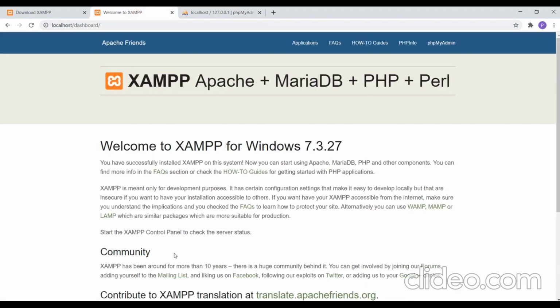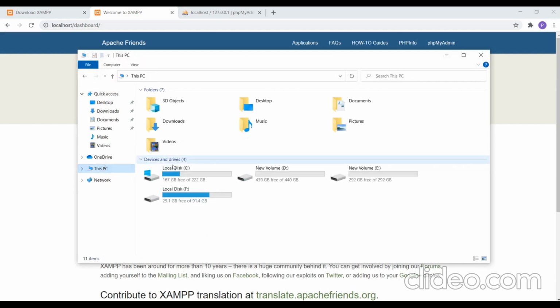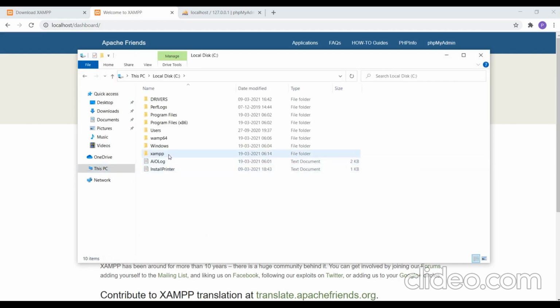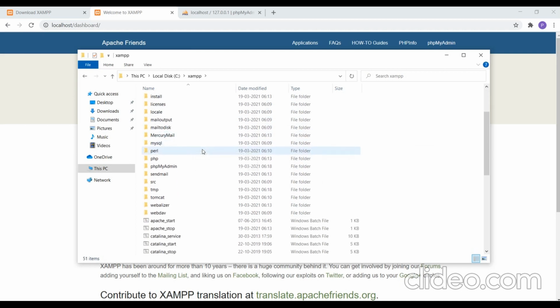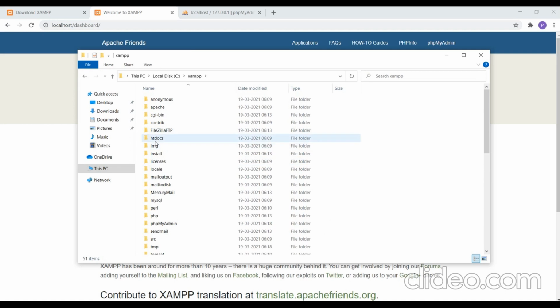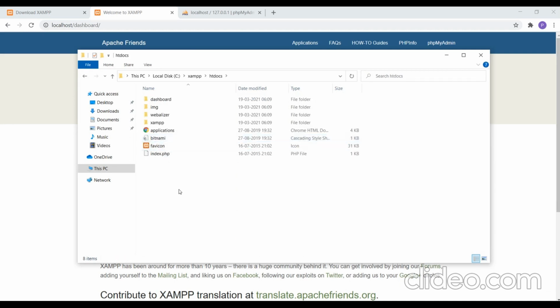If you go to your install path, that is where you have installed XAMPP, you see this is your XAMPP. In this, you need to majorly focus on a folder called htdocs. Inside this htdocs, you need to create a folder and name it your project name.